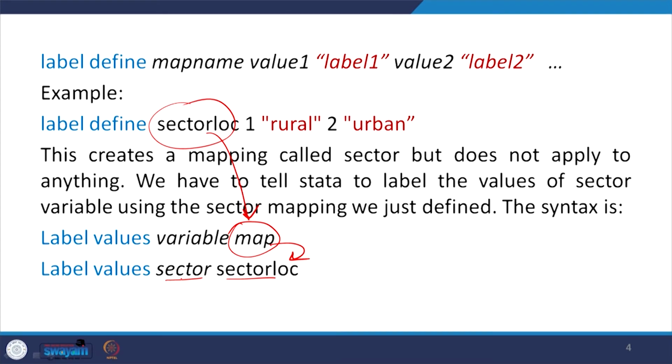Label the values as per the mapping you have created called sector location. Once you have done that, you will get the exact labeling of the values.